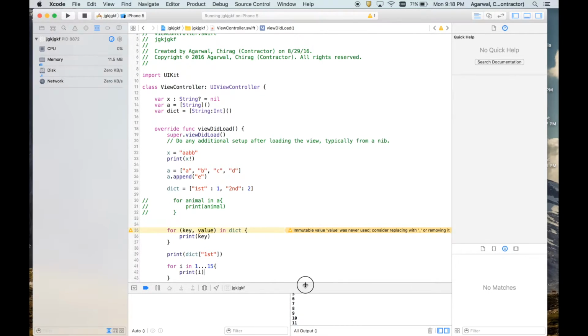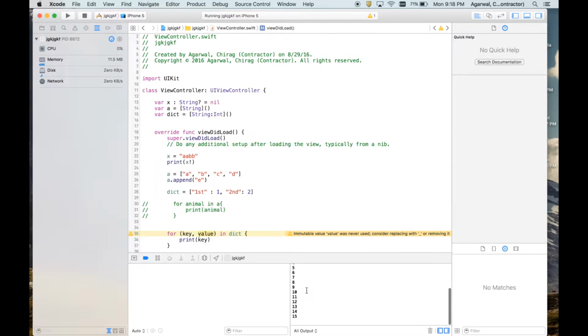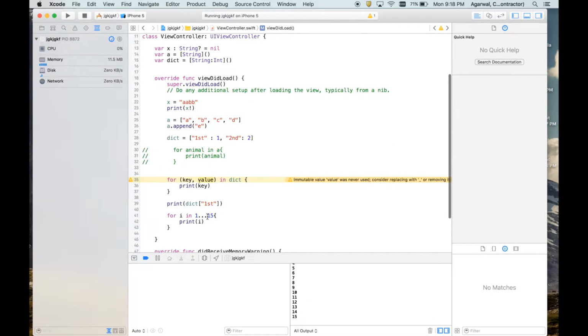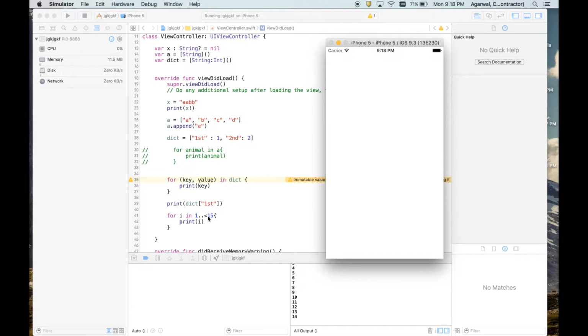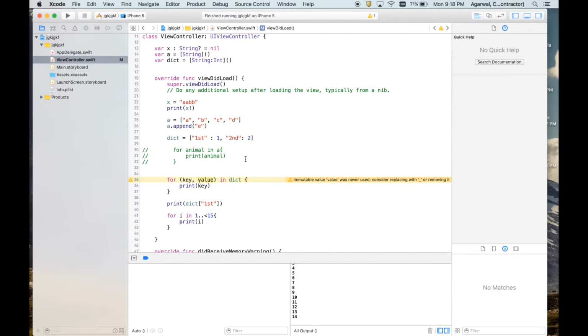So you see, we are able to print it out. And suppose you do not want to print out the last value, you just say up to less than 15. So this will give you till 14. That's how it goes.